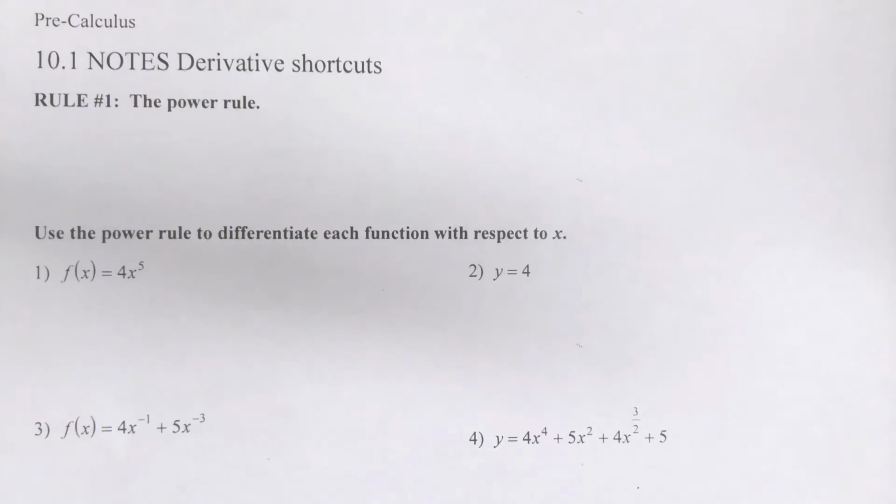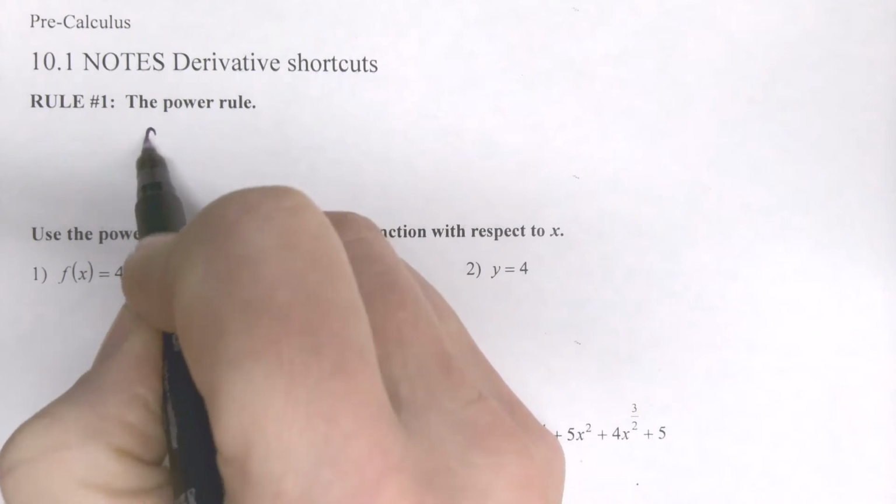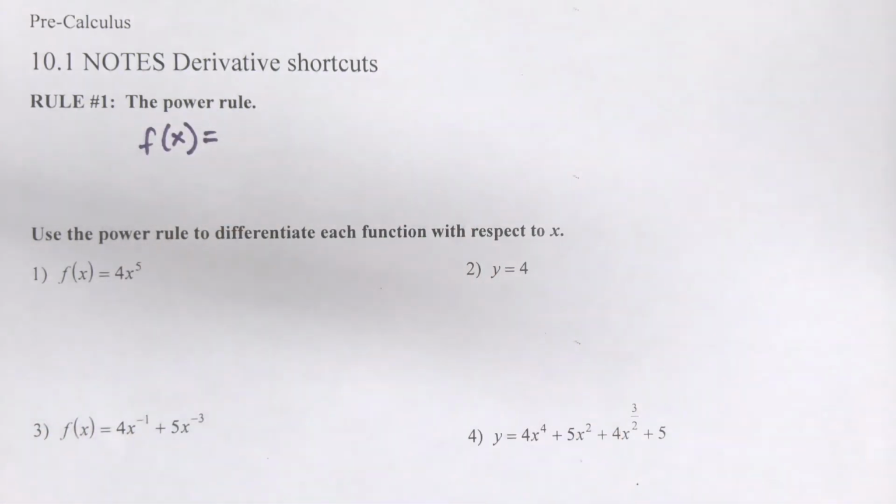These are the shortcut rules. They're going to save us a little bit of time when we are doing derivatives. So the first rule that we're going to talk about is the power rule. The power rule is the rule that every other shortcut that we use is going to be kind of based